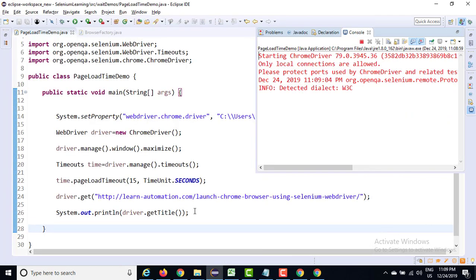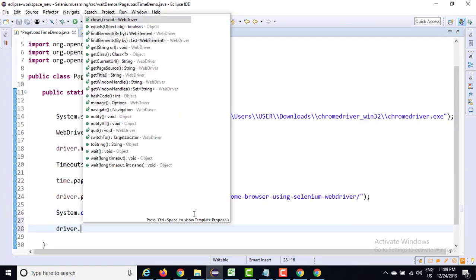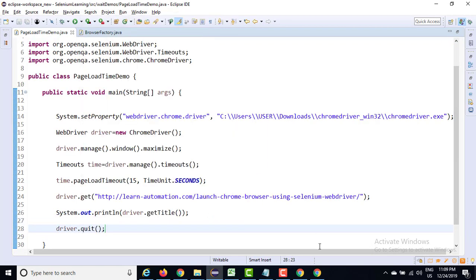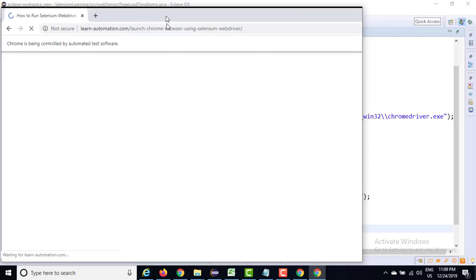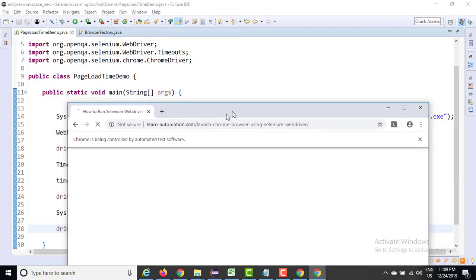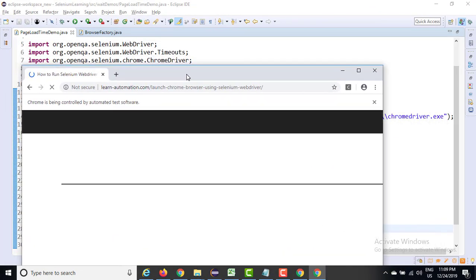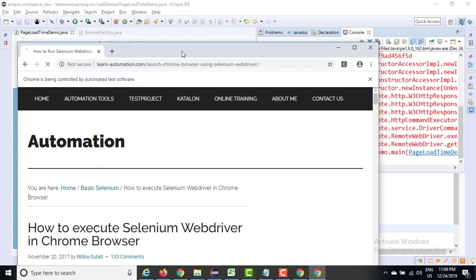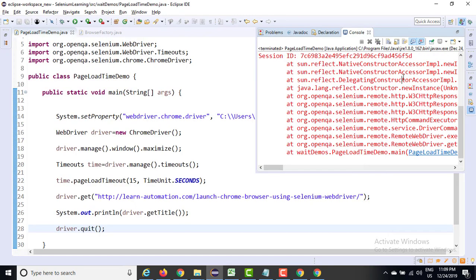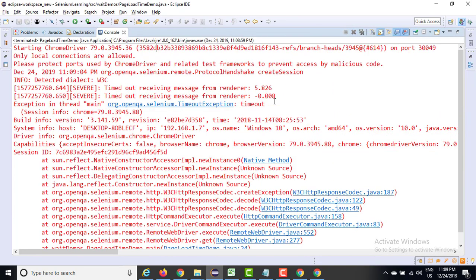And once it is done, I'm also going to close it because I don't want to manually close all of them one by one. So I guess this time it will take more than 15 seconds because still it is taking time, and it has been more than 5 to 10 seconds. And you can see it failed again because it took more time.